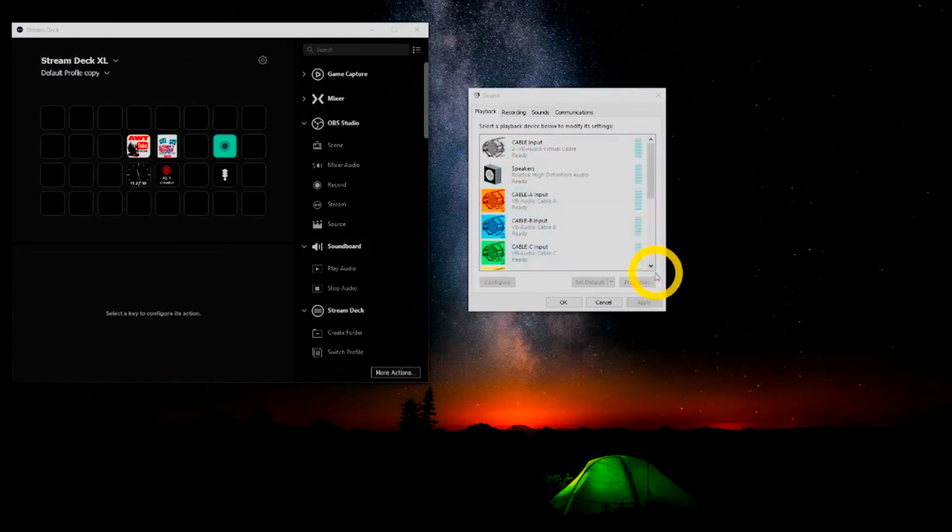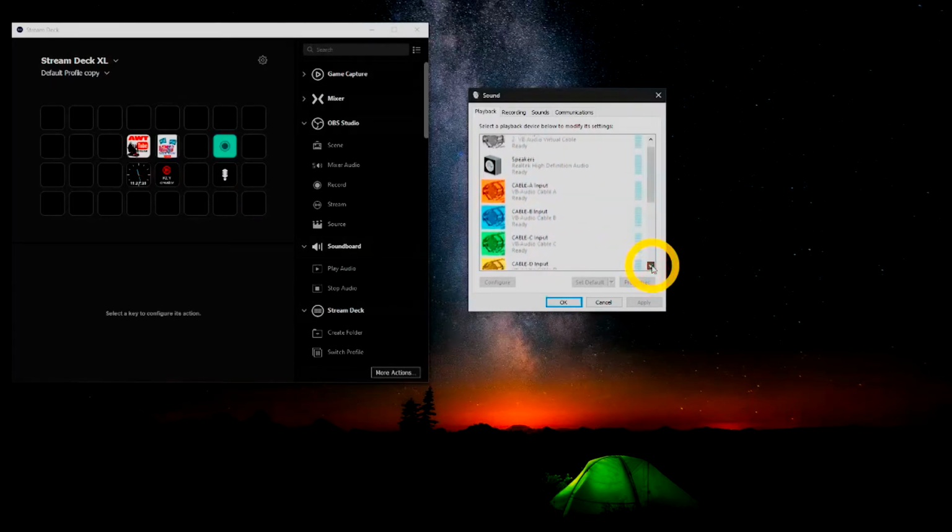So you have your 4 cables, A, B, C and D. And the speakers, I have computer speakers, and I also have speakers plugged into my Blue Yeti. So I have a Blue Yeti microphone that has a headphone